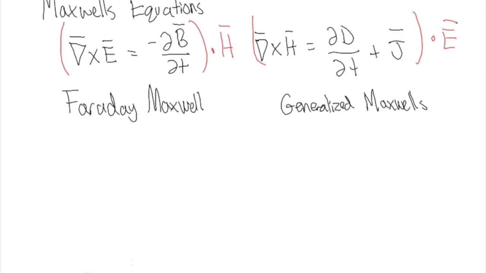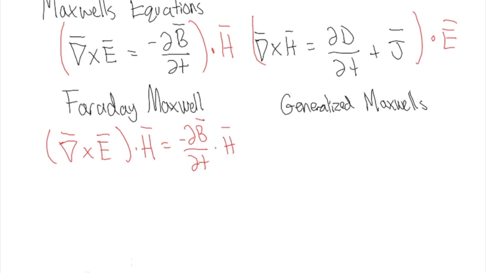So we can rewrite this as the curl of the electric field dotted with the H field equals the negative time derivative of the magnetic flux dotted with the magnetic field. And then on our right hand side, we have the curl of the magnetic field dotted with the E field equals the time derivative of the electric flux dotted with the electric field